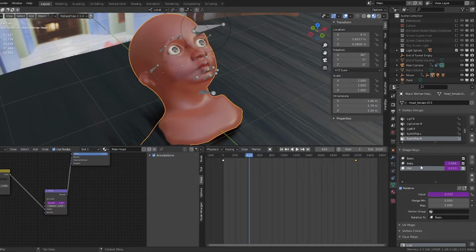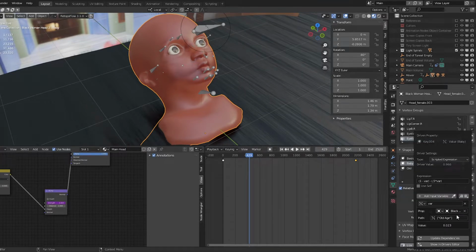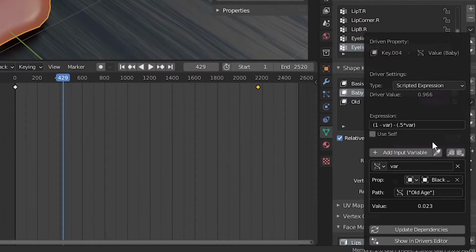And these shape keys have drivers attached to them, which you can see by the purple color next to them. And let's take a look at the formula for these drivers. It's been a long time since I've looked at the formula, so I don't quite remember my theory behind why I used this formula in particular, but it was just a bunch of trial and error of finding the best age progression. You can see that the variable is this custom variable that I created called old age, which you